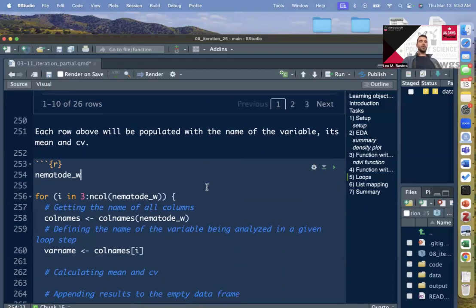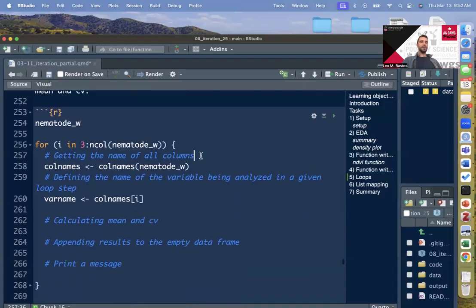All right, so we started with our loop last class. We talked about one of the key components of a loop being an indexing letter. The most common, the default one that people use, is i. So we're saying i in 3, starting on 3 and going all the way to the total number of rows